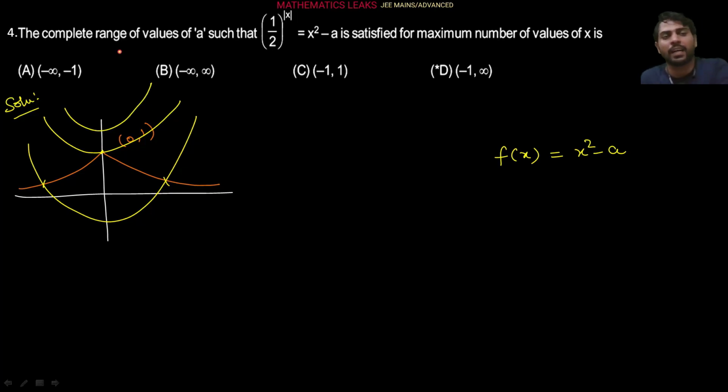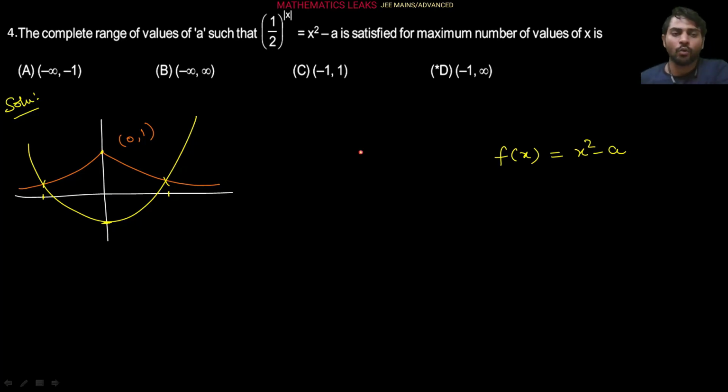But the question is saying the complete range of values of a such that this equation is satisfied for the maximum number of values of x. So maximum number of values of x means you can see two is possible here. 1, 2. Two distinct solutions maximum possible here. So the parabola must intersect the given exponential graph two times like this. So two distinct real roots. In this situation, what is happening? Now the vertex of this parabola, which is coming here, must be below this sharp edge of this exponential function,